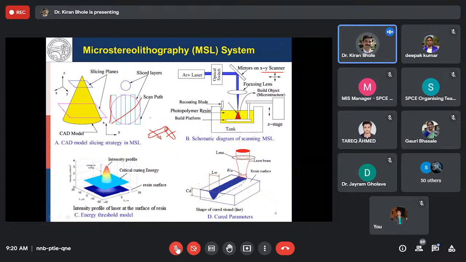So this is one very important challenge. Number one, you should have a good scanning mechanism, and the conventional straight line mechanism will not be a very good choice for this kind of system. Another very important point is that when we are developing this 3D structure through layer by layer addition, for smooth fabrication, we need to